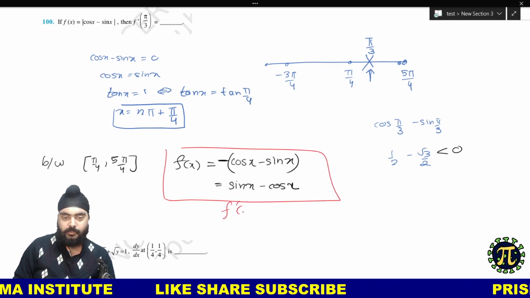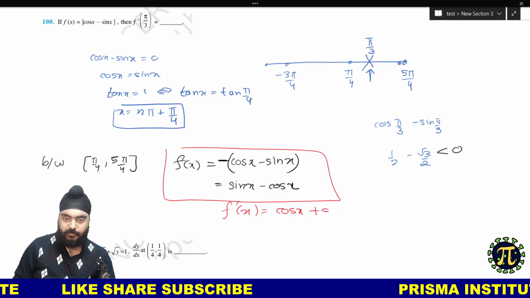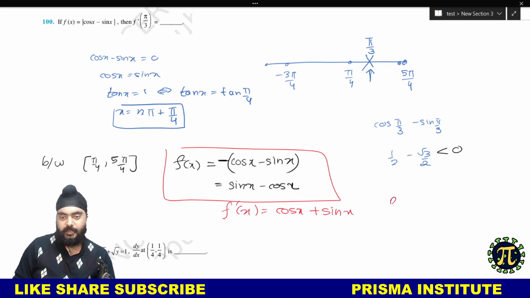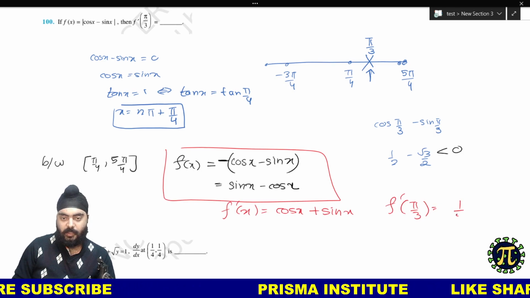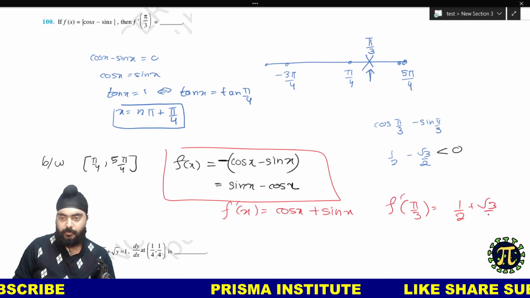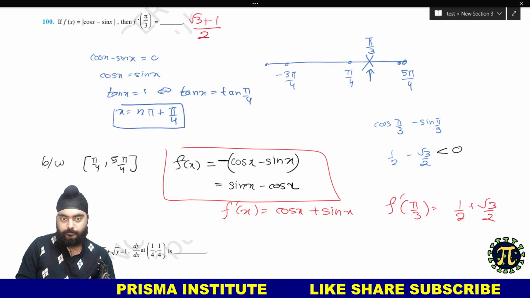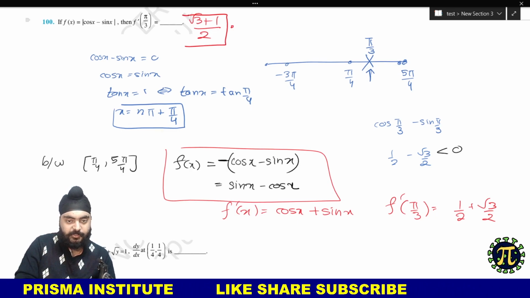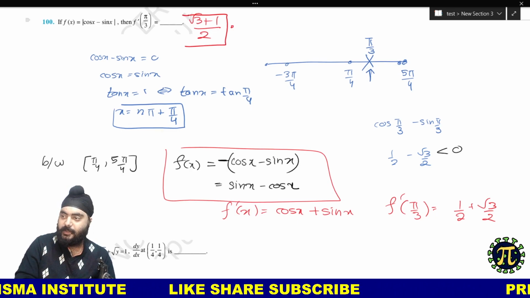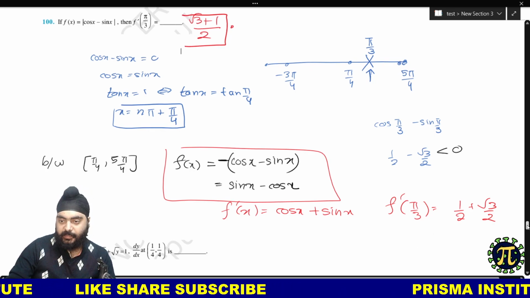The derivative of sin x is cos x, and the derivative of cos x is minus sin x, so it will become plus sin x, and f dash pi by 3 will be nothing but half plus root 3 by 2. So this is root 3 plus 1 by 2. So if we know the function in a local region, we can also find its derivative there. So let's move to our next question,